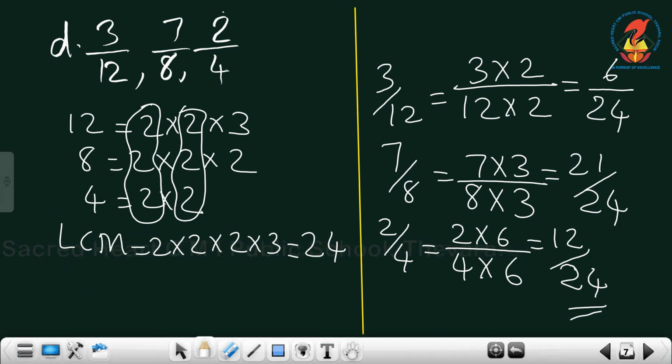After that, how can we compare? Which one is smaller here? 6 by 24 is the smaller one. So, for ascending order